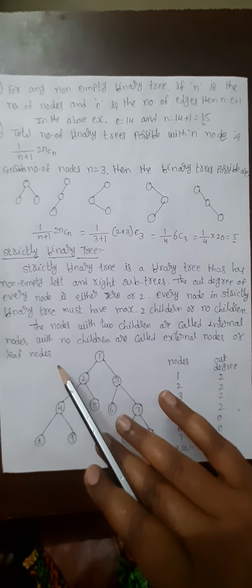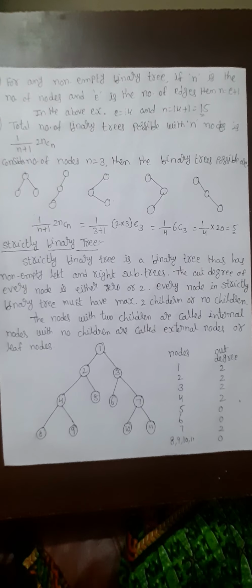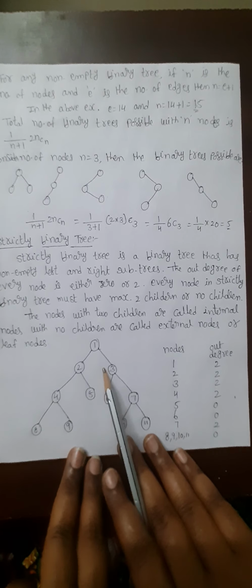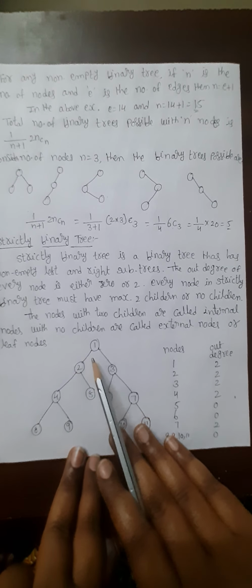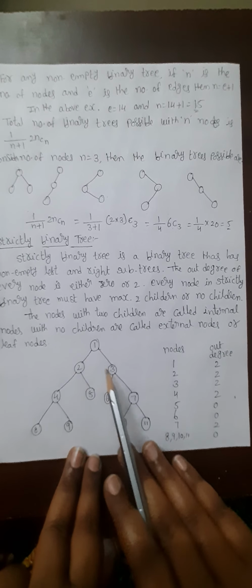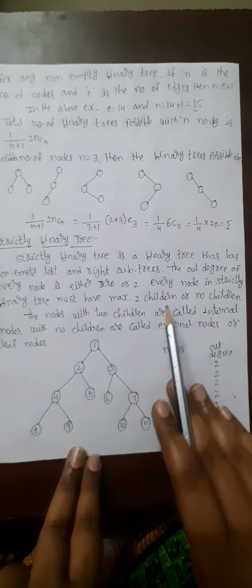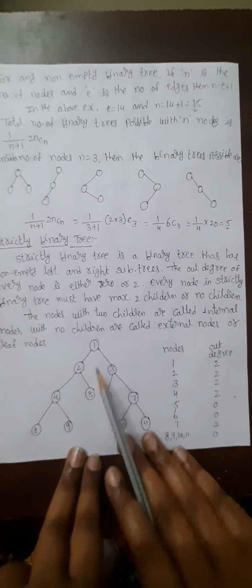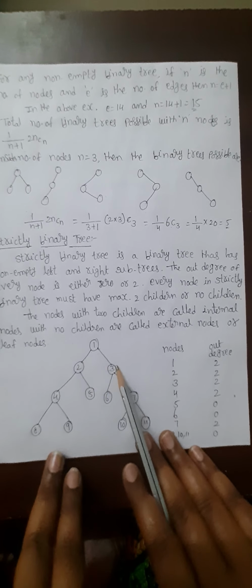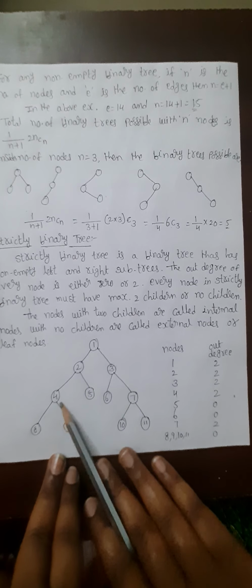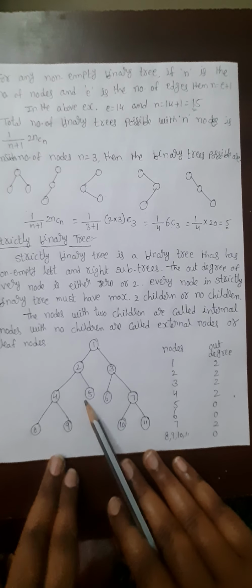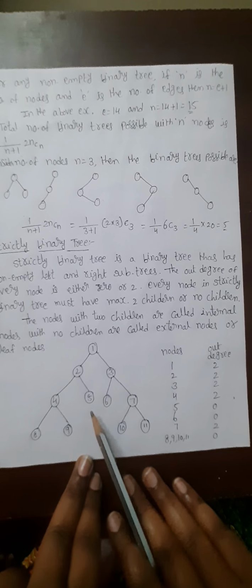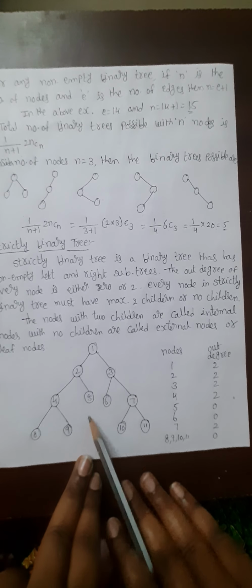Already we have seen what is meant by a leaf node: it does not contain any nodes under that particular node. Here, if we take this example, 1 is the root node, and this root node contains a maximum of 2 children. And here the out degree of 1 is 2, with children 2 and 3, and again 2 has out degree 2 with children 4 and 5. Again if we take 4, out degrees 8 and 9, it contains 2. Here 5 does not contain any elements, any link under it, we didn't link any elements under 5, so the out degree of 5 is 0.